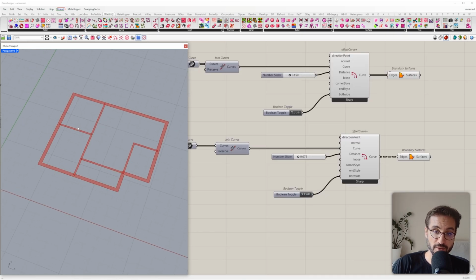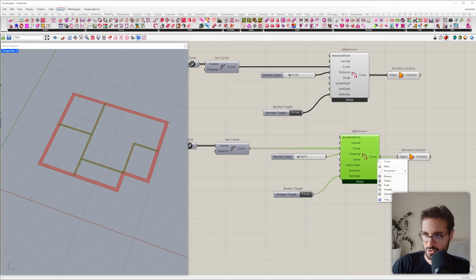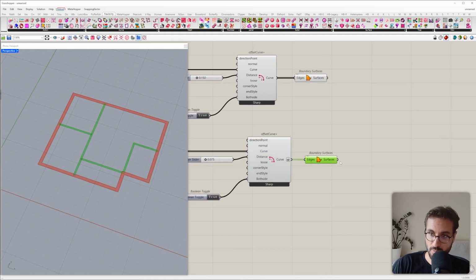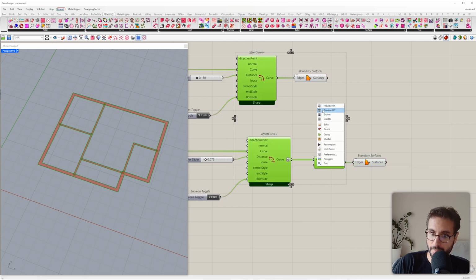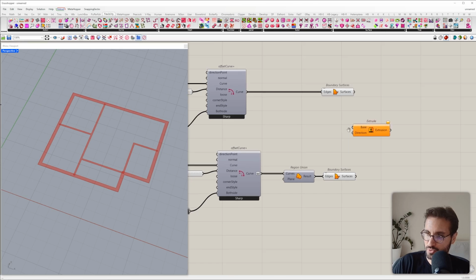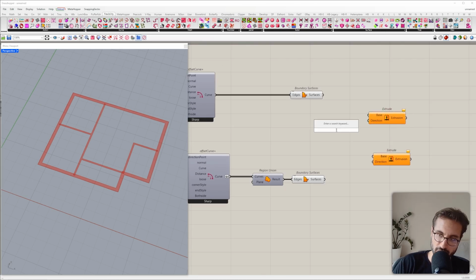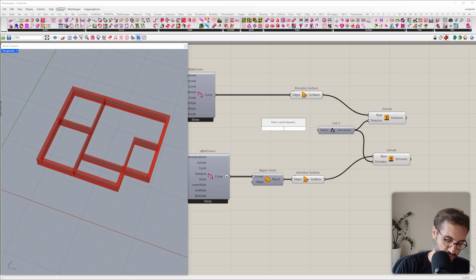First, I want to create a single surface from these interior lines. So first I will flatten this one, and we get 3 different surfaces. And if I use a union region, maybe first we should use union region, and now we can create a single surface. Okay, let's create the walls. So I will extrude these surfaces, and I will extrude along Z direction, and I will use same value, let's say